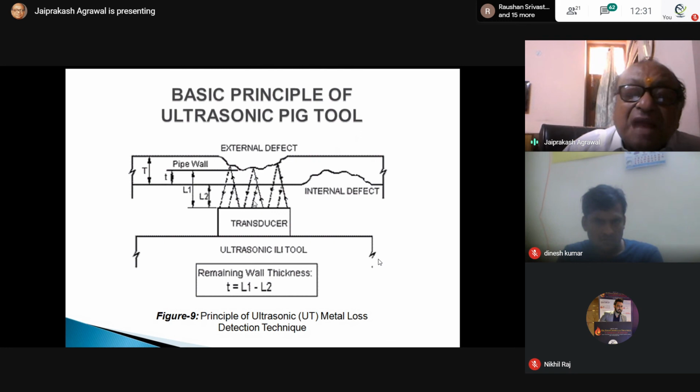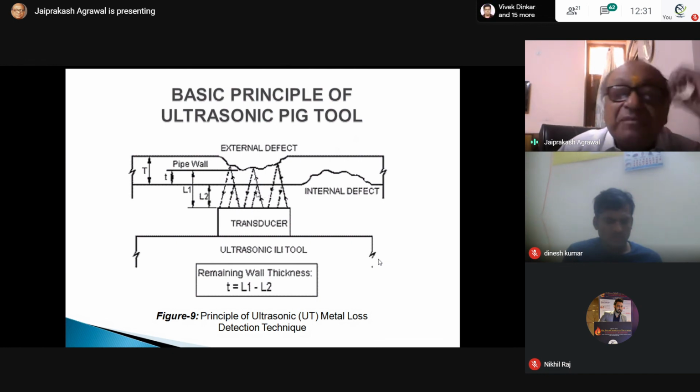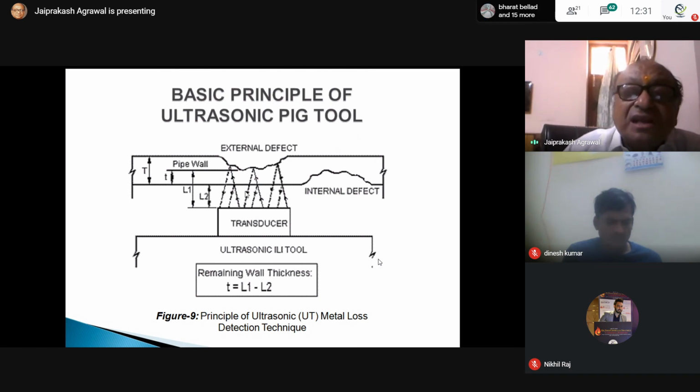The time taken to receive back the echo is less in case of less thickness, and more in the other case. So it records the time in which the signal returns, and based on that, it converts it into a digital signal in case of reduced thickness. So this is the same principle. We can use UT for metal loss, but this is just the principle. We are normally going for the inline inspection.